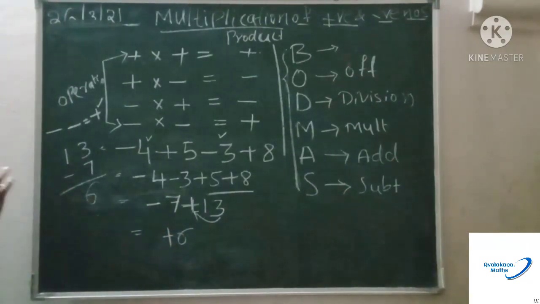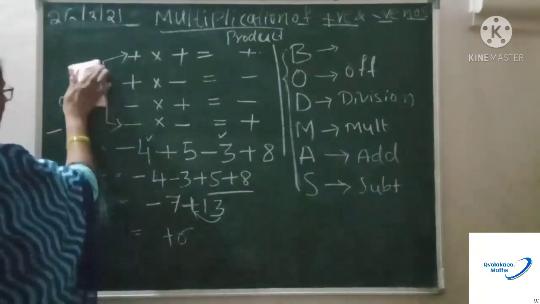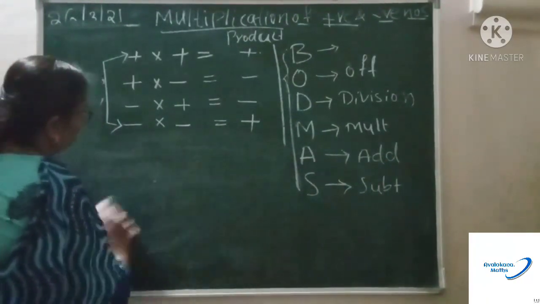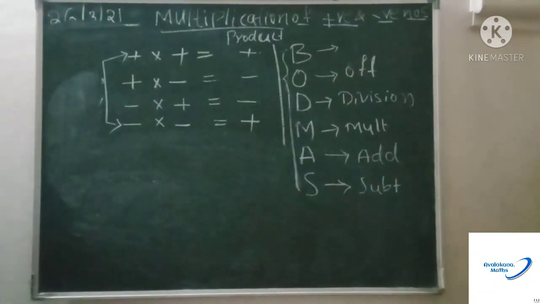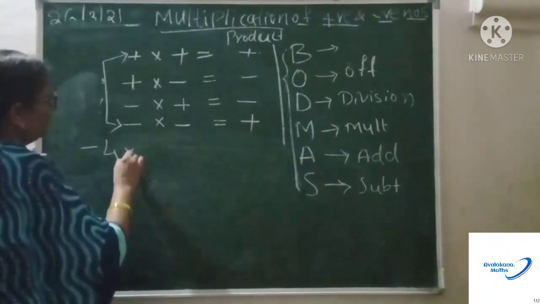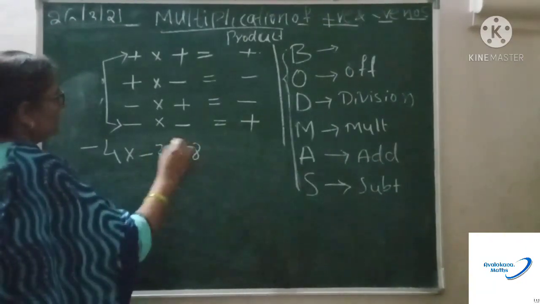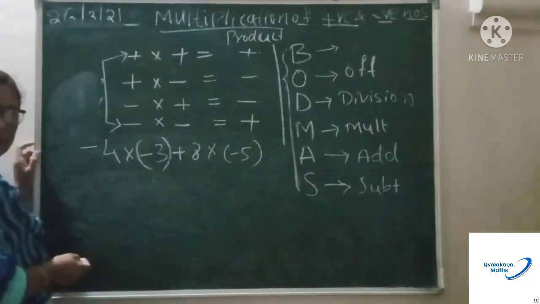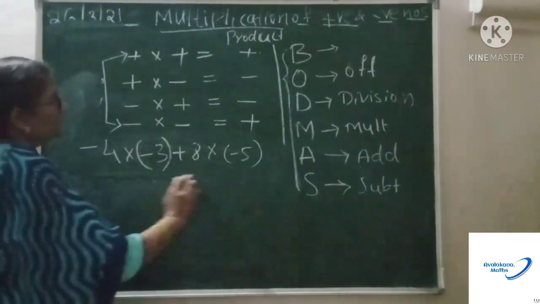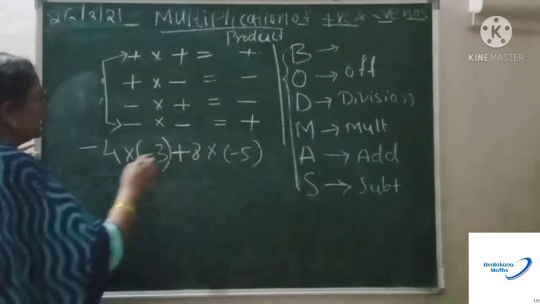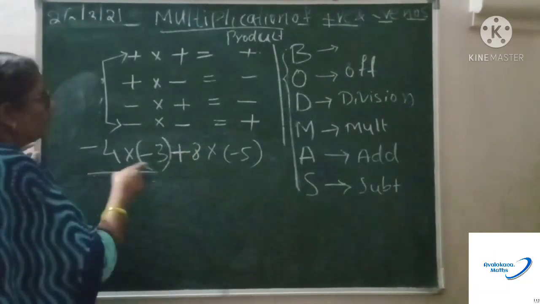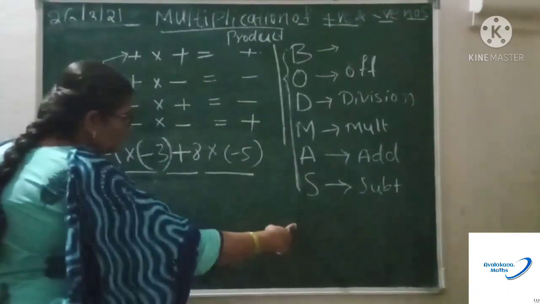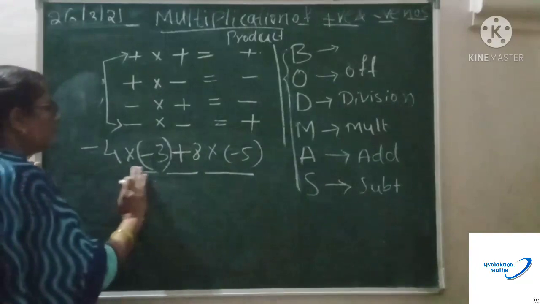Okay, now this is addition and subtraction together with different signs. Now with multiplication, how to do the same thing? I'll show you now with the same numbers. For example, if you are given -4 into -3 plus 8 into -5, something like this. Here, what to do? First, you have to see the numbers. You have two terms here. There is an addition sign in between, and multiplication in each term. According to my BODMAS rule, first multiply these numbers.